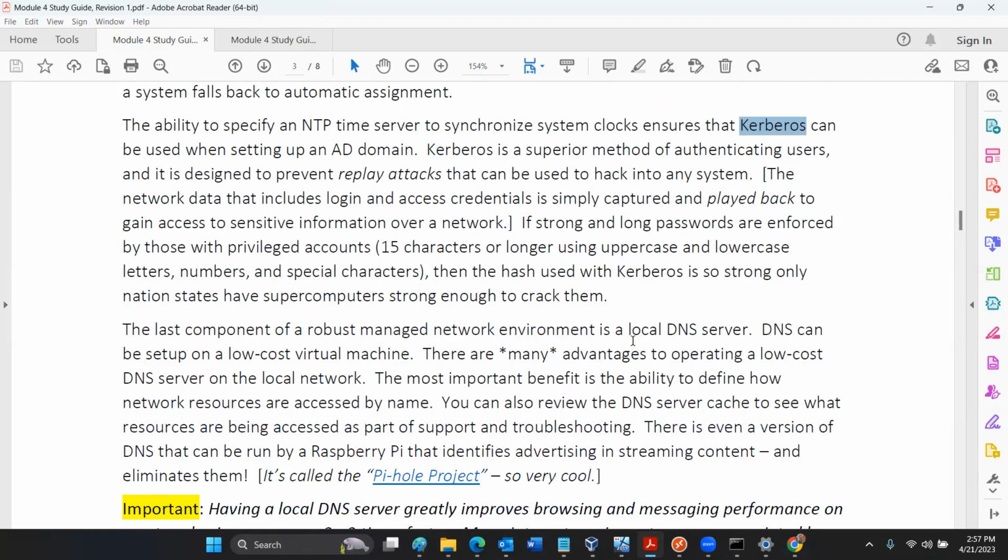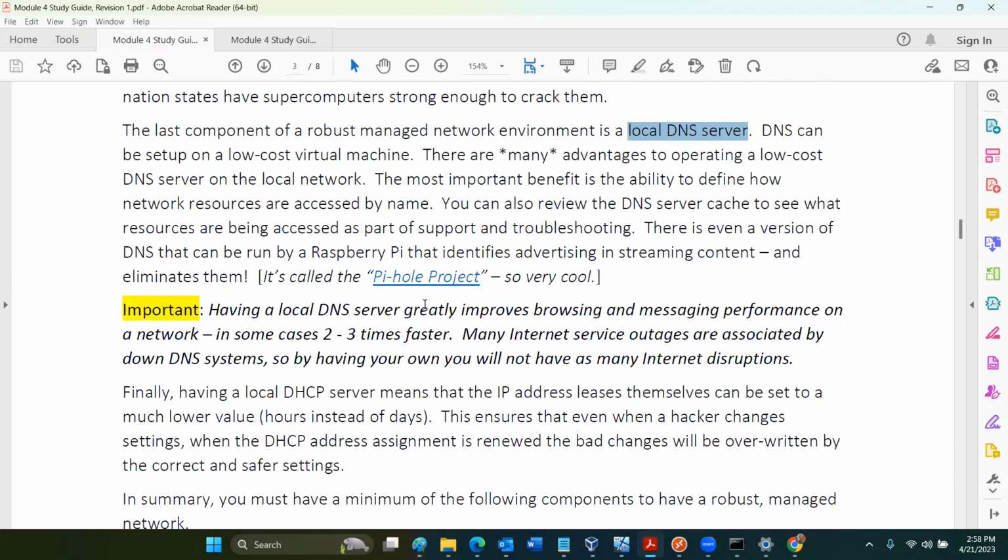So yeah, having the local DNS server is a must. You want to have your own DHCP server, you want to have a local DNS server, and you want to have managed switches. Those are the 3 main pieces. If you have those 3, then you can have a local network that is easily 2 to 3 times faster than what most people experience everywhere else. And that's not an exaggeration. It's what I've done for the last 25 years. Everywhere I've been, people are amazed.